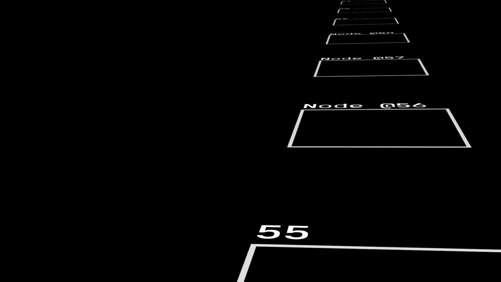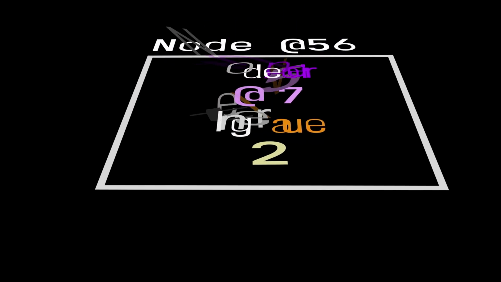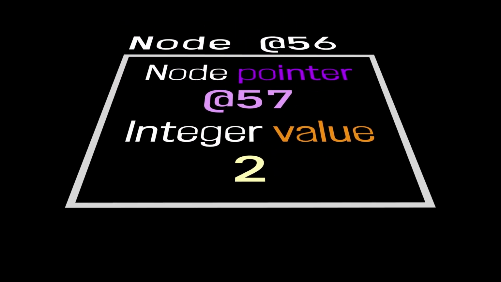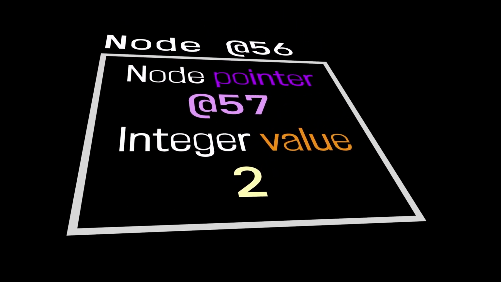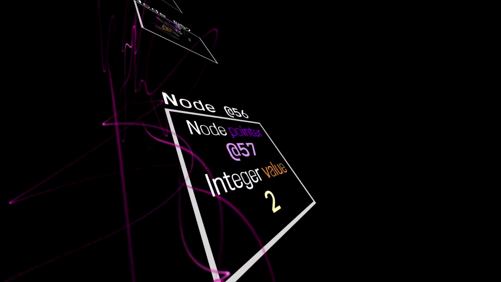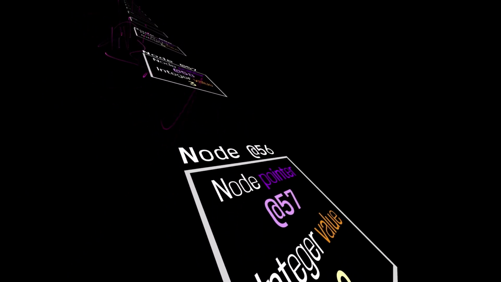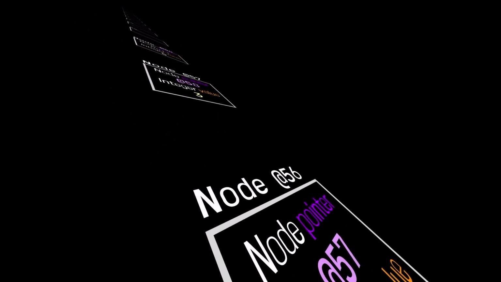Remember, in memory, we don't know what we're looking at unless we have a reference. So let's say we have a reference to a node at 56. Node at 56 stores a reference to another node at 57 and a value. And that reference is key, because that reference points us to the next node in the list. As we travel through our list, we can see that the existence of the pointer reveals to us the next nodes. And as we follow through our list, we take our time to iterate through and access each node,